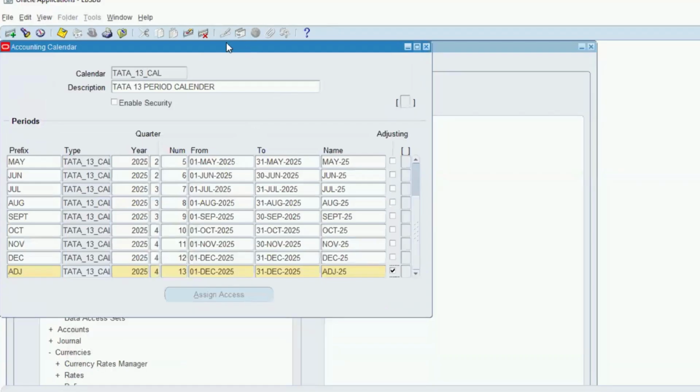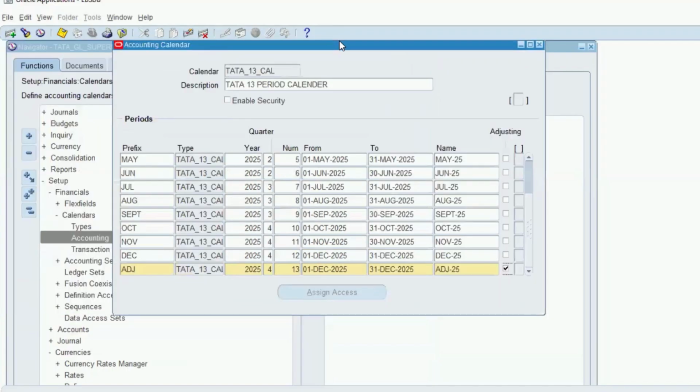Okay, so this is done. Our calendar is already created. Our currency is created. Now we are going to create the chart of account, right? Now we are going to create chart of account. Okay. So for this,